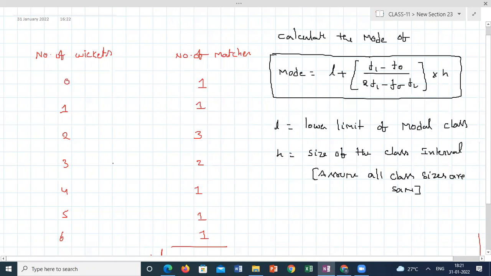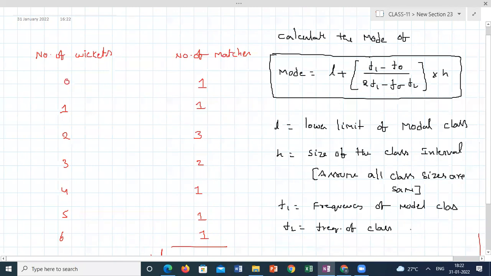What is the meaning of class size? I will tell. See, minimum wickets is 0, maximum wickets is 6. Now, F1 is the frequency of the modal class. F2 is the frequency of the class